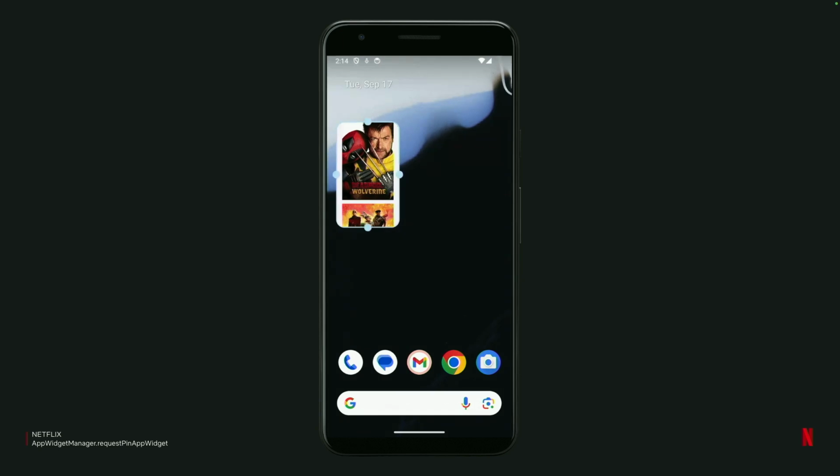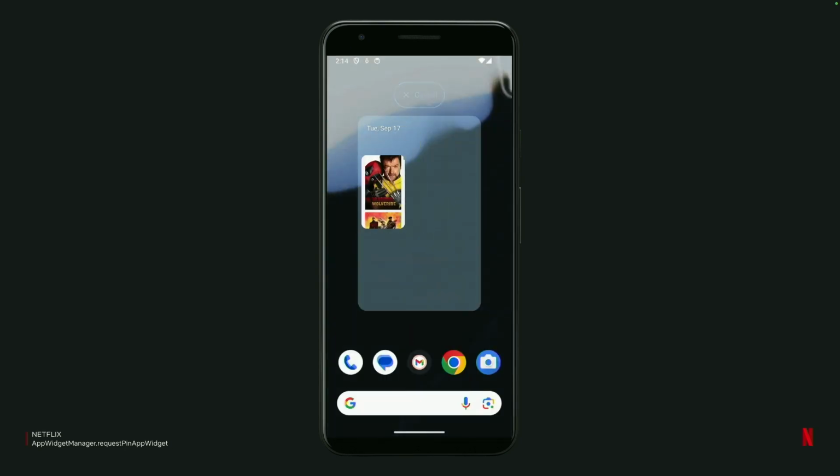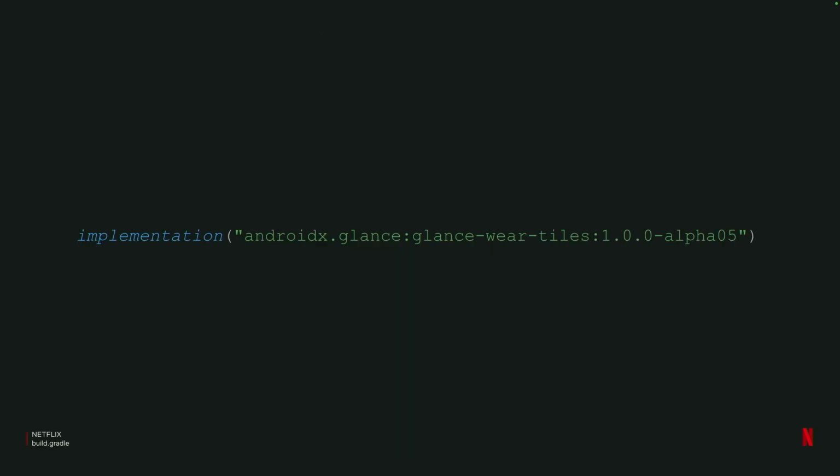It's pretty straightforward for the most part. It just prompts you to pin it. You can hit add and it'll automatically add it to your home screen, or you can press and hold and pin it and put it anywhere that you want to. So